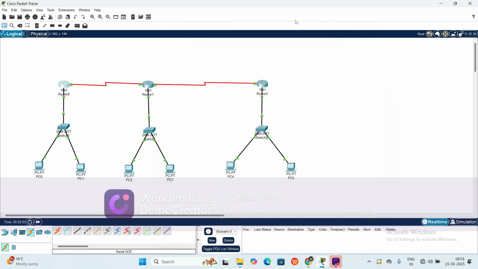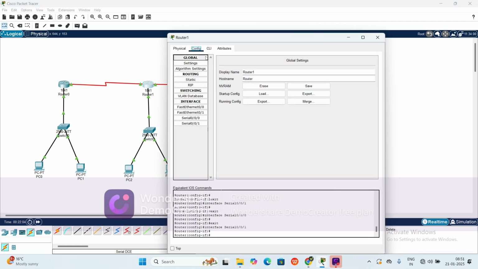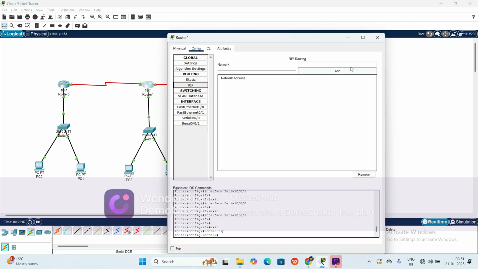Yes, I hope you understand. Now click the next router. Go to the config. Click the RIP. Add the IP addresses for all those we have configured. First I am giving the IP address of the router 198.162.1.0. Yes. Next, same pattern: whatever IP addresses we added in the first router, the same thing we have to add for the second router and third router also. 198.162.2.0. Next, 198.162.3.0. Yes. Next,